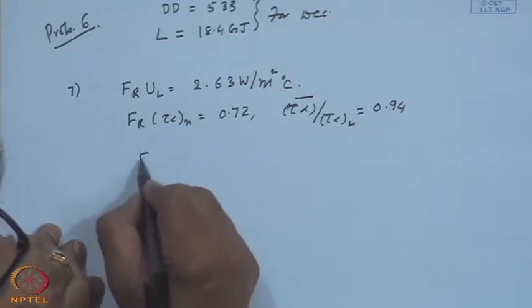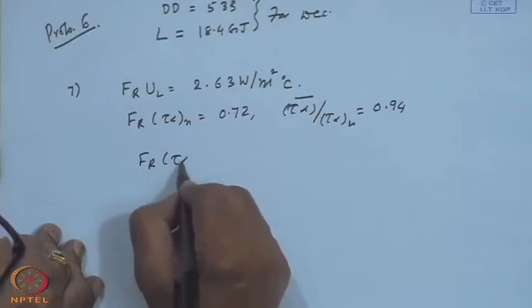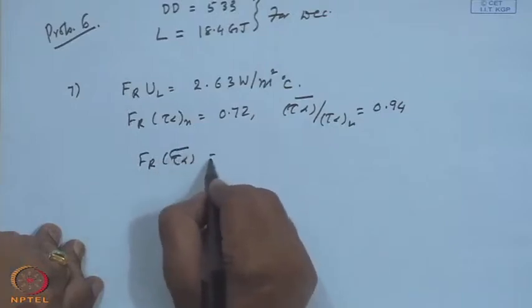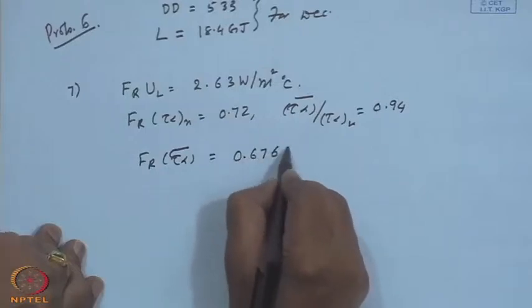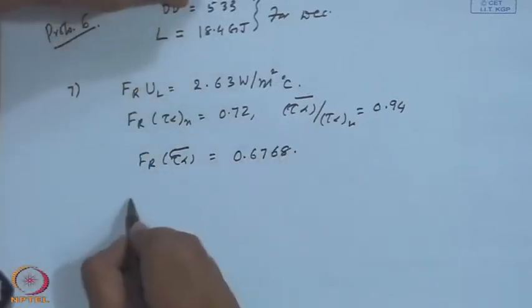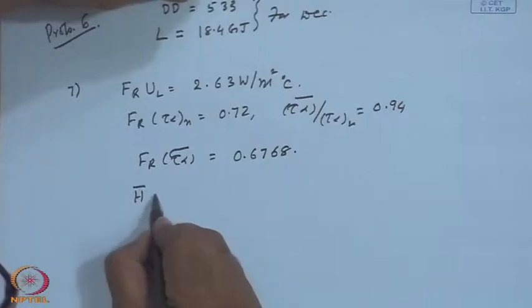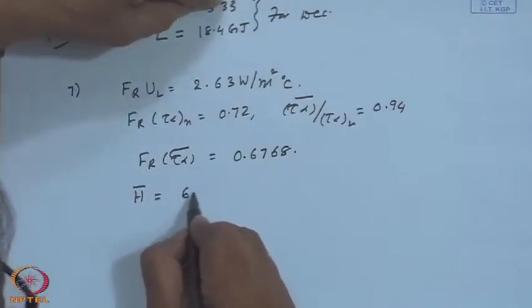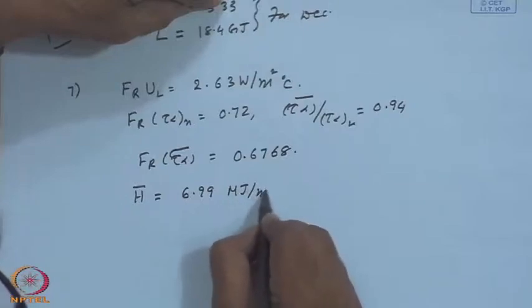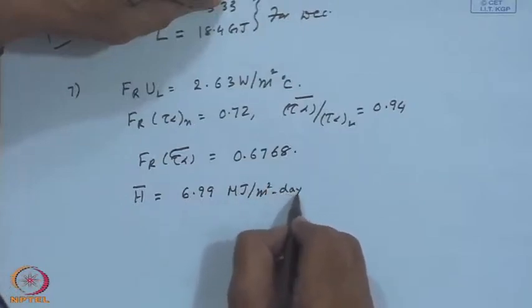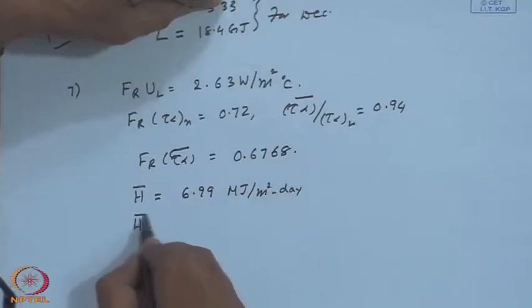So, that FR tau alpha bar will be the product of these two, equal to 0.6768. Then the data is monthly average daily radiation is 6.99 megajoules per meter square day, and the diffuse radiation